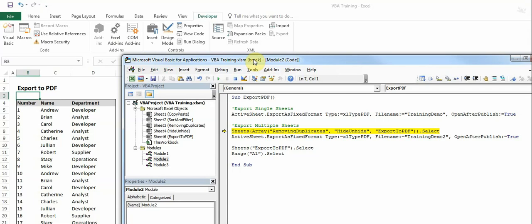So I have three worksheets in this file with the names removing duplicates, hide unhide, and export to PDF. So these are also my previous videos which I showed you. So I have just saved them as different worksheets. So I'll export them all now. So first I have to select them all, right? So I'll do that. And the next line is almost the same, but I have only changed the PDF name because I wanted to keep it different,